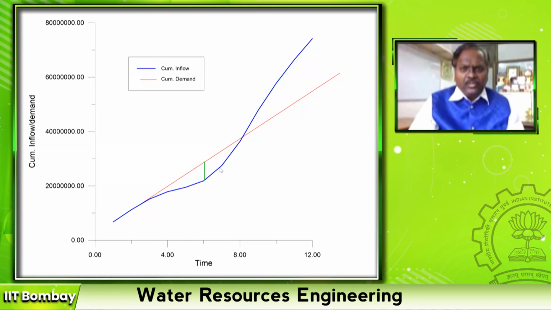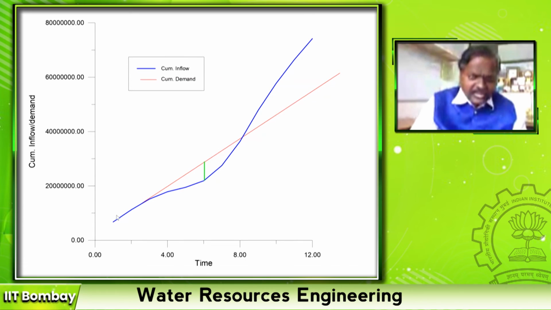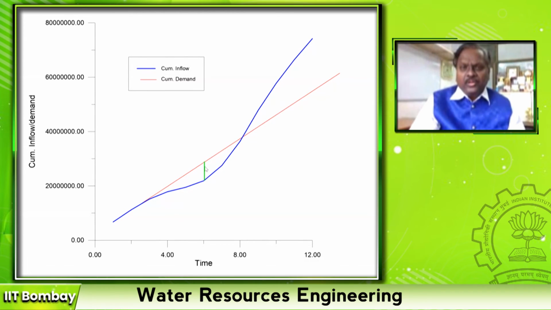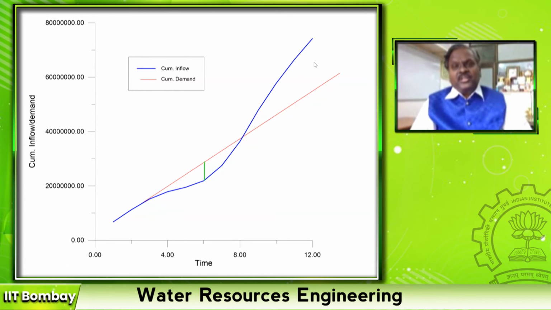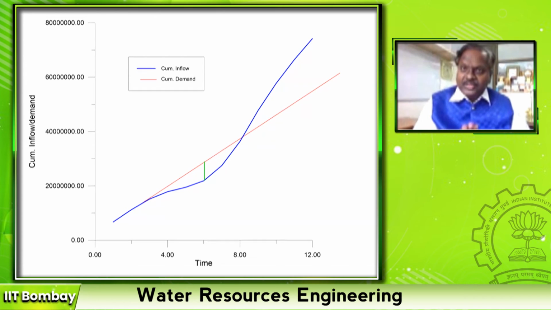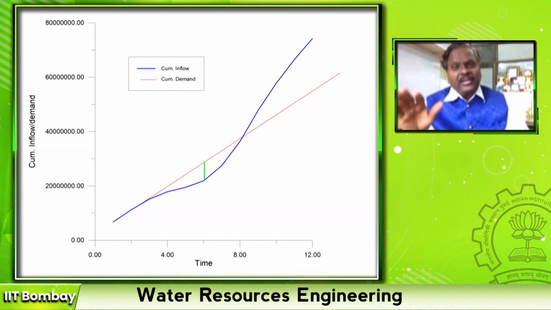So the blue curve is the cumulative inflow, and the red curve, you see, I am not starting from the origin. I am starting it from this peak and then drawing it. Then it crosses my inflow. Then only we have to find this vertical difference. Suppose this red curve is not at all crossing another cumulative peak, that means the solution is unbounded. You cannot find a storage which will reduce your deficit. Okay, so this is called the Ripple diagram of estimating the reservoir capacity.